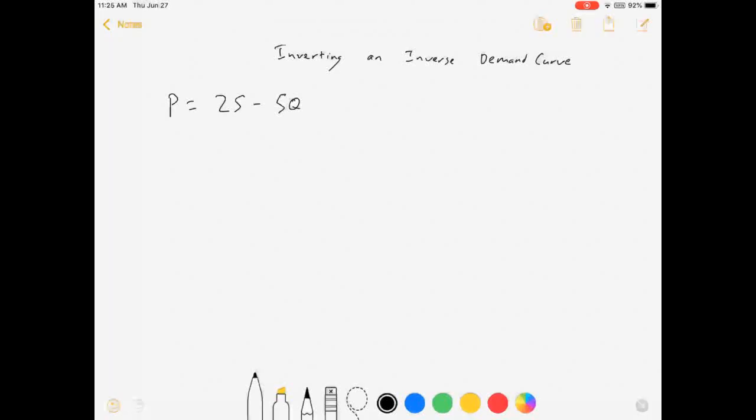Hey everybody, welcome to my brief video on inverting inverse demand curves. What I'm going to be doing here is looking at an inverse demand curve like this, and I'm going to show how to derive the actual demand curve so that we can just,